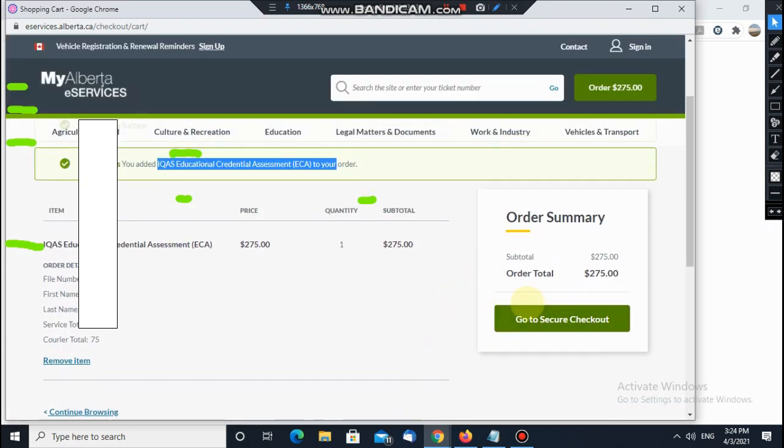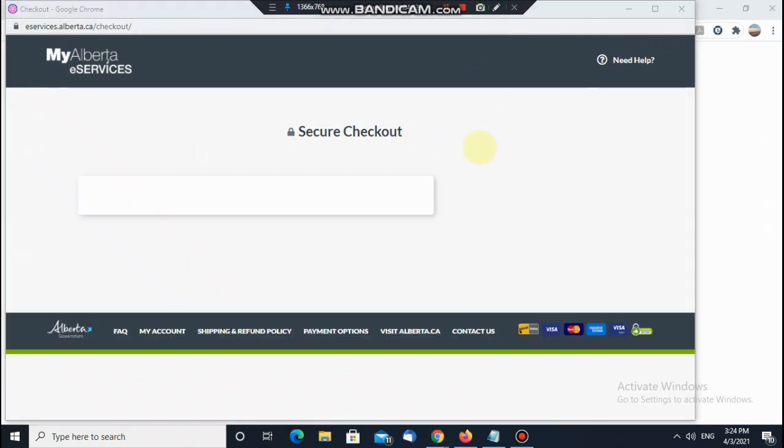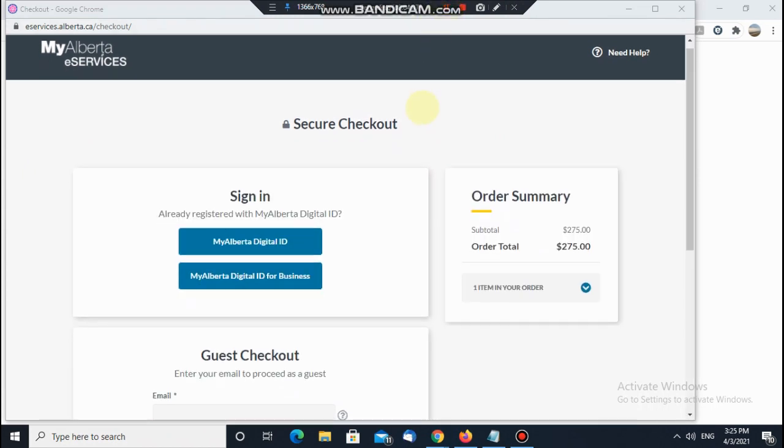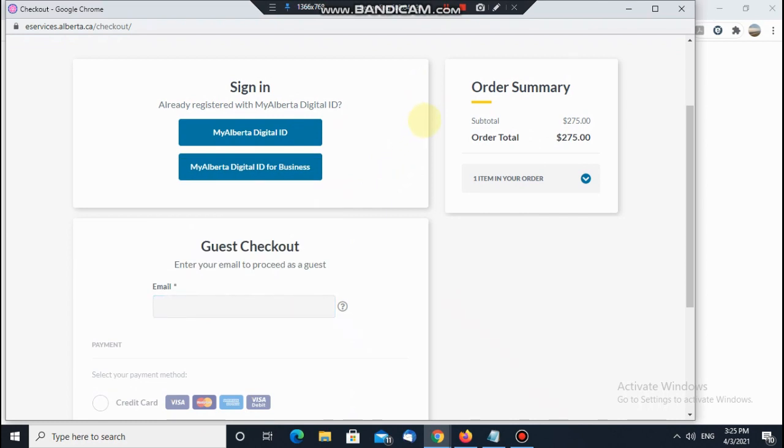My net is a little slow, so I click and go to secure checkout. The internet is working slowly. Now you have to write an email address which you gave when making your account on ICAS. So you have to check out.